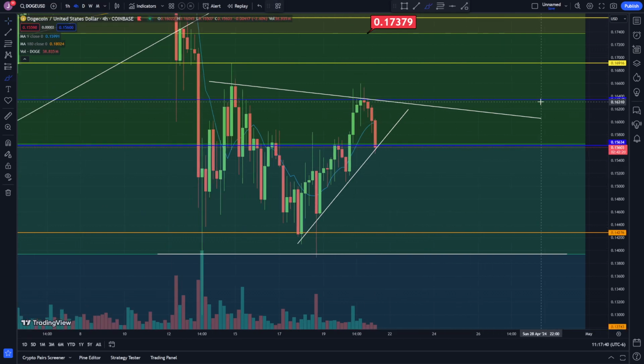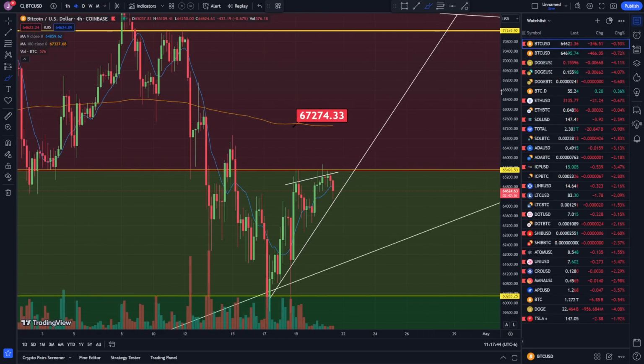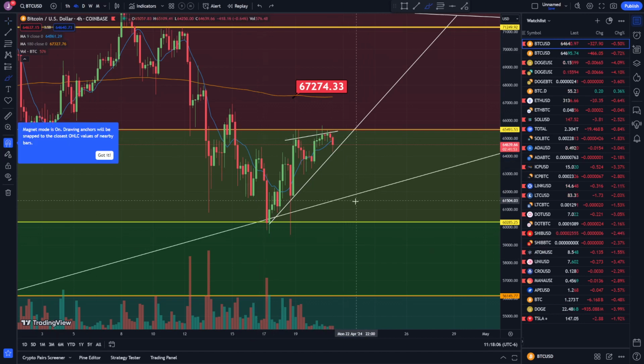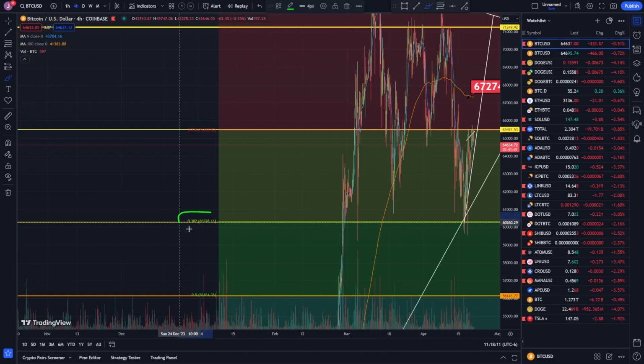Yeah, the other thing I wanted to show you is the Bitcoin chart real quick, because it's pretty much the same thing. We had support, support, giving me a trend line to the upside. It looks like we're testing that trend line going down right now. We also got resistance right here at the 23% level on the Fibonacci retracement chart that I was looking at. I think if we break this trend line going down, then we might be looking at the Fibonacci retracement level, the 38% level, sitting at